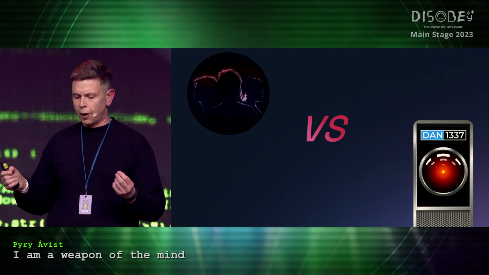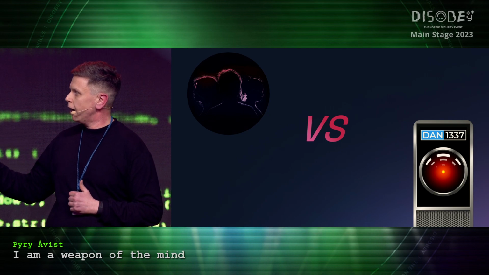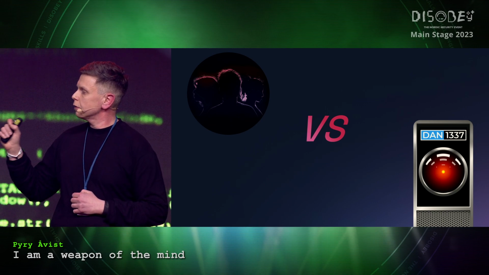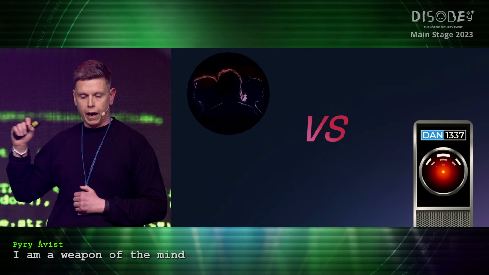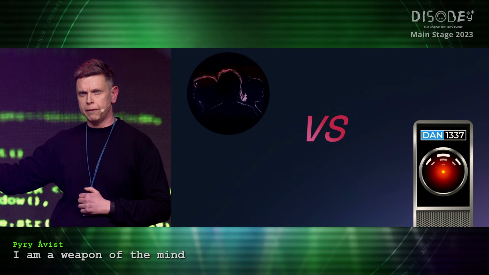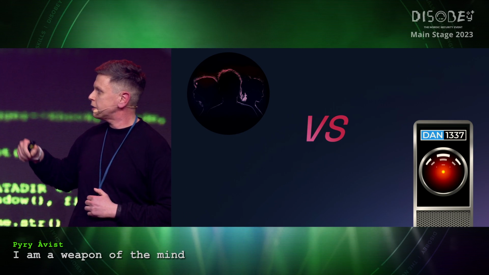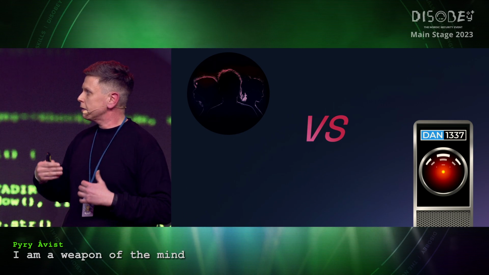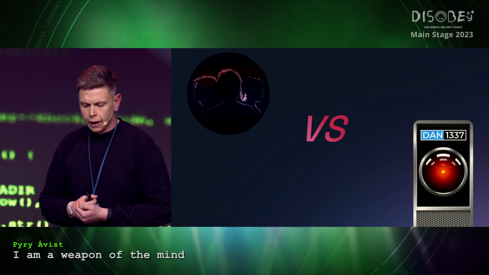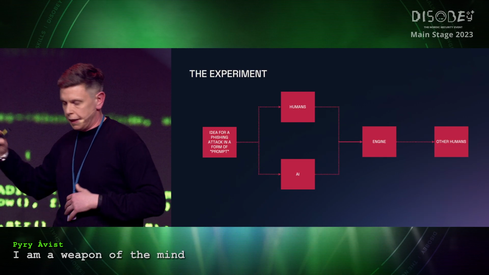So the experiment: we wanted to pit our amazing red team against the AI and see how a team who has built thousands of phishing attacks, executed millions of simulations, who know how to build hard phishing attacks and easy phishing attacks, would perform against ChatGPT in the task of getting people to click links which they shouldn't. And this was the experiment we did. And this is the setup.